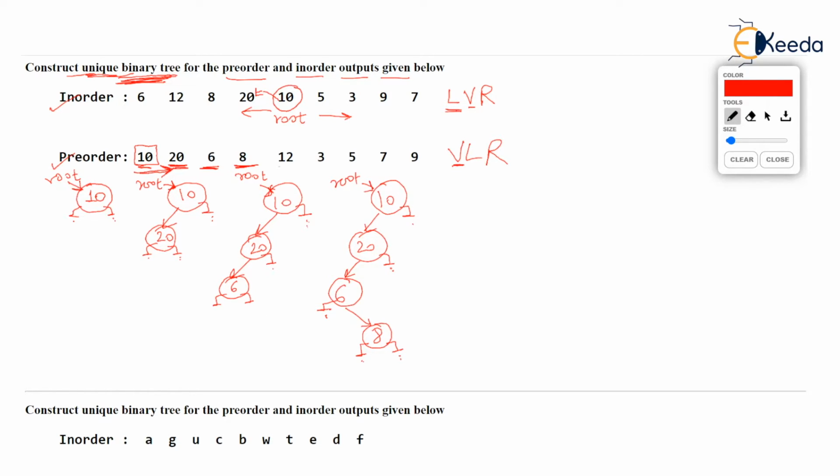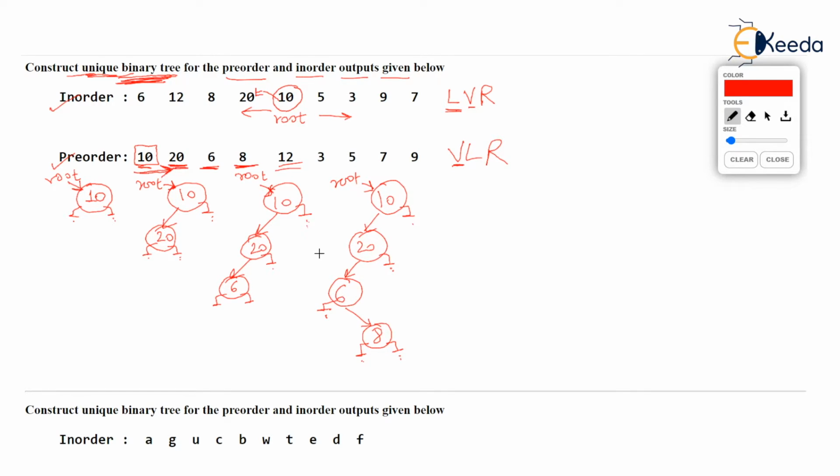Let's take the next value of pre-order, that is 12. How do you see this? Start at the root of the in-order. 12 is to the left of 10. So 12 must go to the left of 10 here, but that's 20. So compare 12 with 20. Where is 12 with respect to 20? To the left. So 12 should again go to the left of 20, but that's already 6.